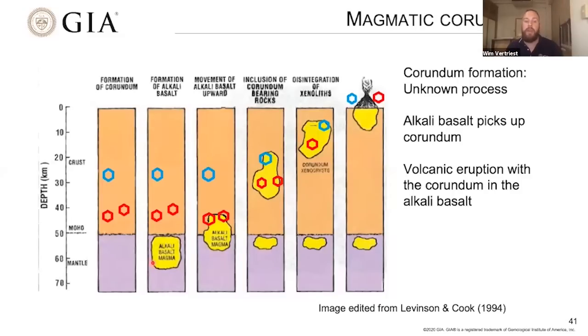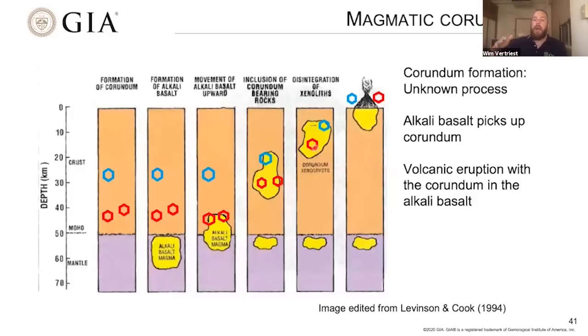Now a lot deeper than that is where we start developing this alkali basalt magma. So this molten rock that is developing, it's sitting there, it's moving, it's getting restless, and it starts its way up. It moves towards the surface. And when it moves towards the surface, it encounters these rubies, these sapphires, and it picks those up. Those are hitchhiking to the surface. So those corundum xenocrysts are moving up with that